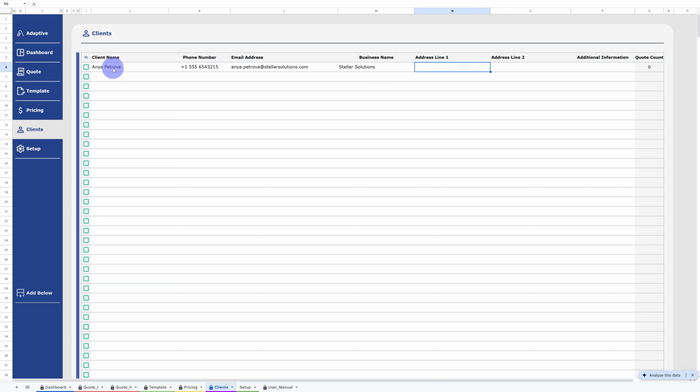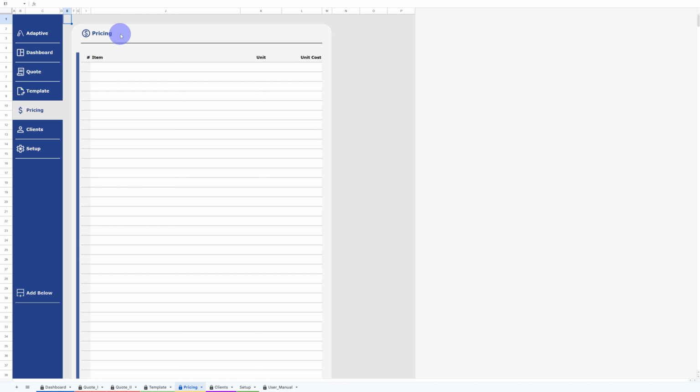Let's enter our client's information. Entering the client's name is required, but you can fill in other details you need. You can enter client information here once and reuse it in your different quotes. After entering the client information, we are moving to the Pricing tab to enter information about the services and products